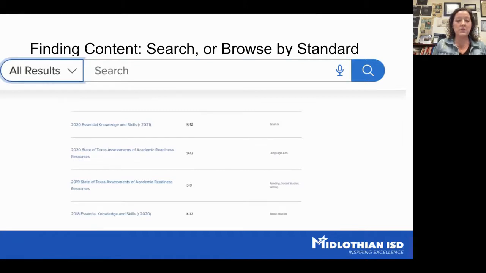When you're in and your account's all set up, you can do searching just like you would on any platform or service. There's a basic search feature, so you can search by academic subject, you can search by topic. But one of the things that they have now, which is relatively new, is a browse by standard, and you can select and drill down by your TEKS,